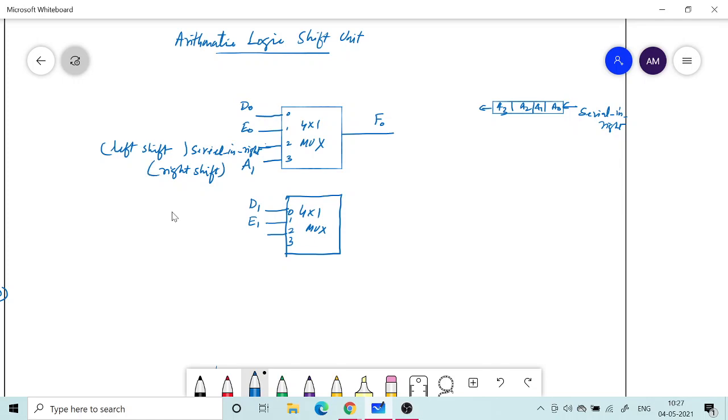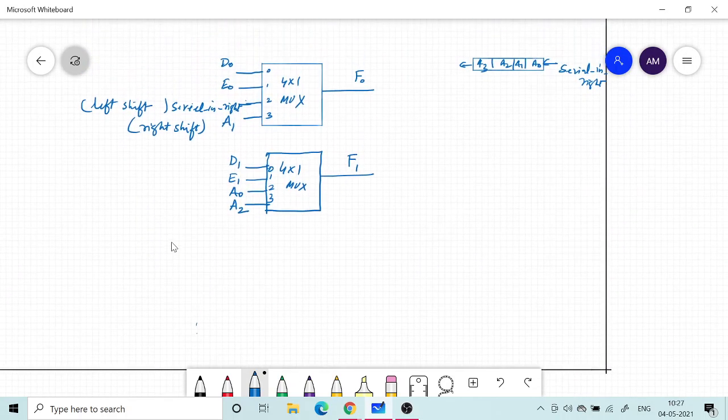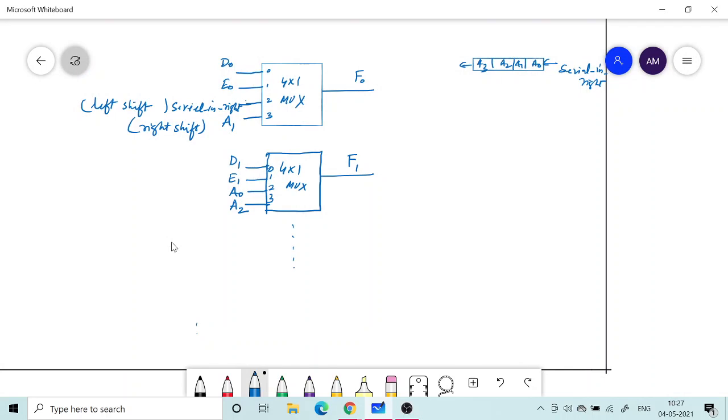Left shift means you are entering data from the right and shifting it to the left. So here it should be coming from A0, and this is basically F1, so it should be coming from A2. Similarly you do the other two.